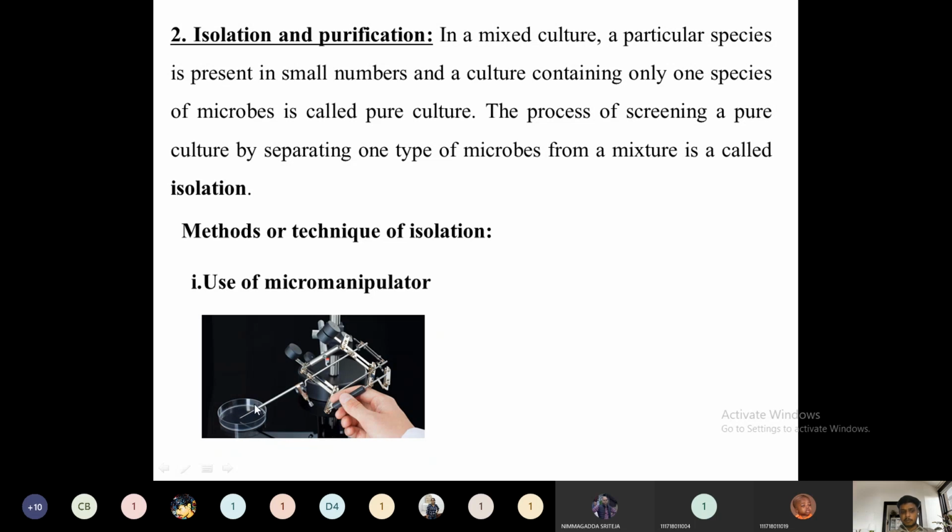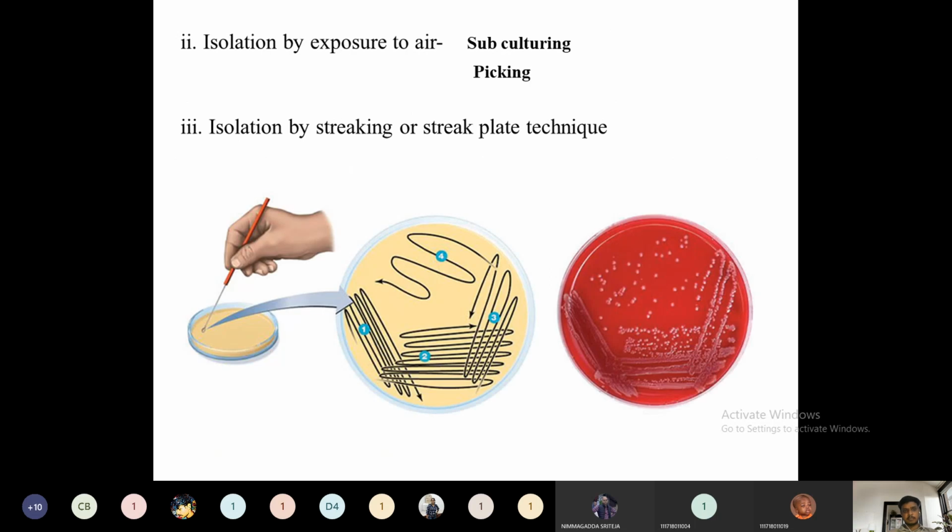When this petri dish is put like this, the micromanipulator's microtube, using suction, will collect a single cell. After collecting, the petri dish will be taken out. After putting some viable cells inside, we will collect that single microorganism and test what type of microorganism it is. So that is called the use of a micromanipulator. Using it, we can separate a single cell from among multiple cells.